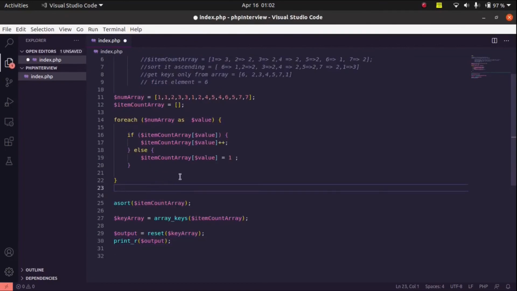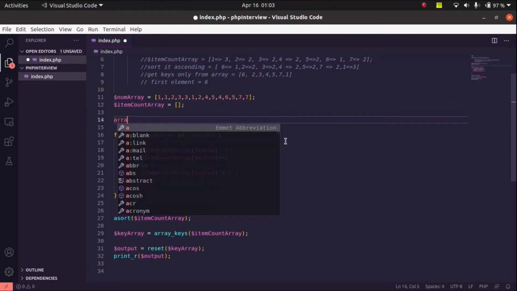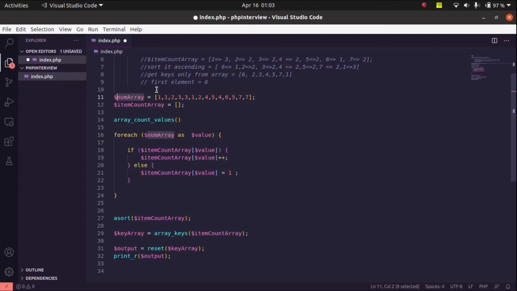So here are some gotchas. The interviewer can ask us to find an array having the number as the key and its count as the value, like we want to create an array like this without iteration. For that, PHP offers us one method. The name of this method is array_count_values. So this is the method. In this function we just have to pass the array. So I will pass the number array, and what this function does is exactly the same as this. It counts the value for each element.